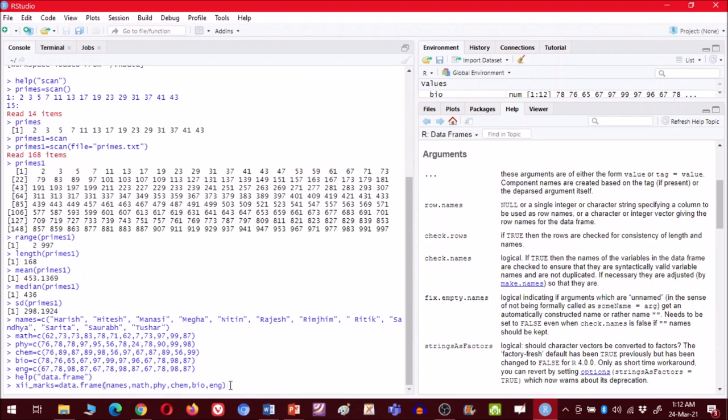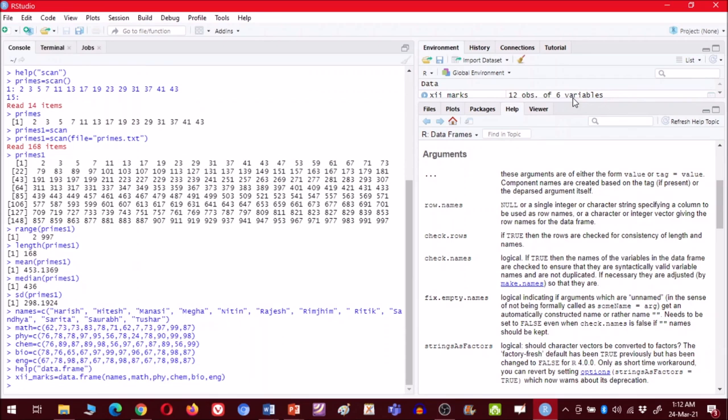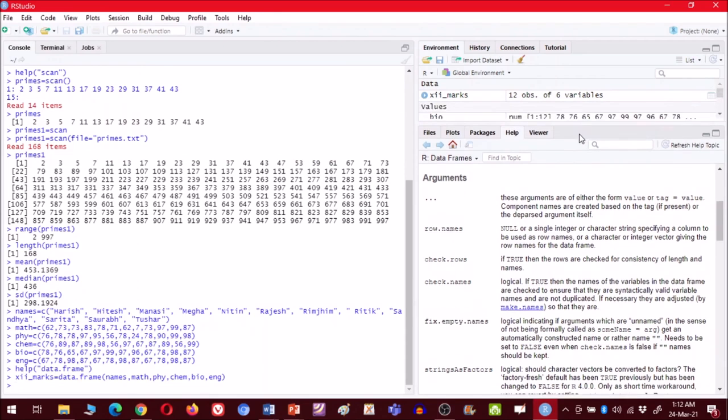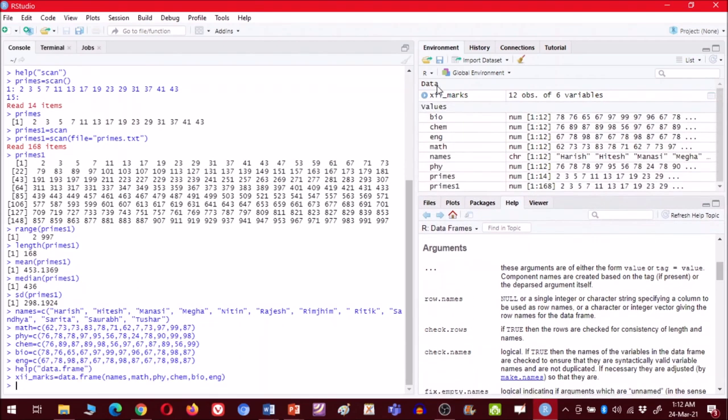And now click enter. So once you will click enter, you will see that, as you can see here, you have received a message that a data has been created, 12th marks, where 12 observations of 6 variables. So you can view this file from here also by clicking on this, or you can view from here also. So let me first show you how you can view from here, then you can view from here also.